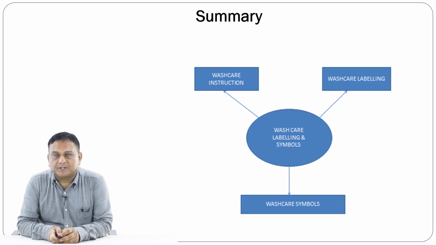And finally, we have seen the dry cleaning operations, that is a non-aqueous system of washing and drying, okay. In this non-aqueous system, some solvents are used, like tetrachloroethylene, perchloroethylene, etc. And it is normally used for delicate garments or woolen garments, etc. So this is the way we covered this unit